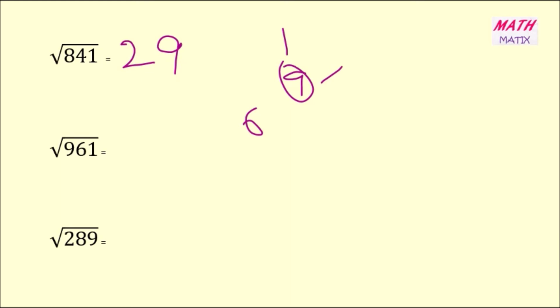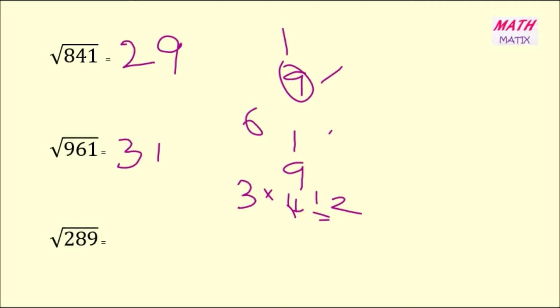Next is square root of 961. Taking 61, similarly this is ending in 1, so I take as the above number 1 and 9. And then taking 9. 9 is falling in between 3 square, which is 9, and 4 square, which is 16, and the lesser number is 3. So I am writing 3 here, and then multiplying 3 and the consecutive number, 3 4s are 12. And comparing 9 and 12, 9 is lesser than 12, so I take the lesser number 1. So the square root of 961 is 31.